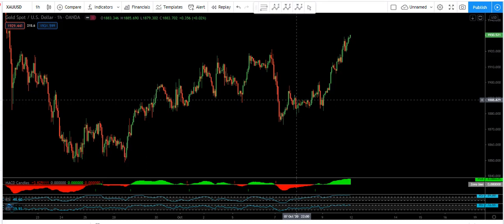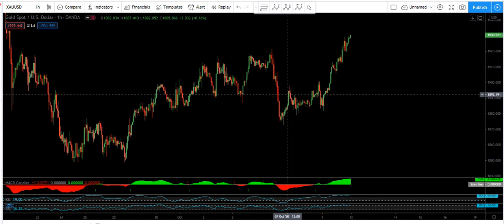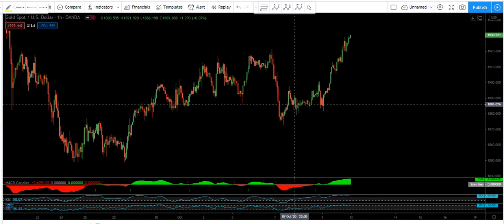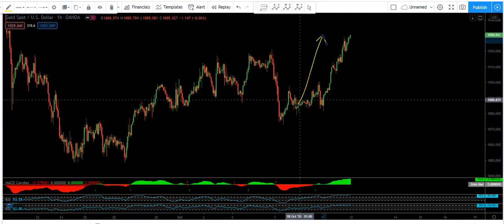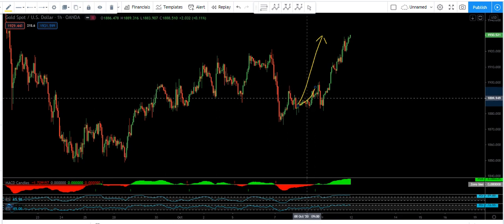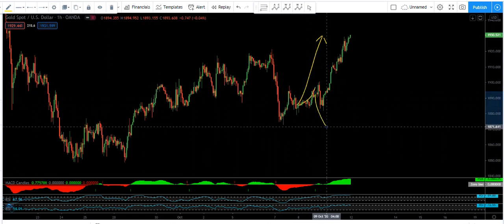Gold, now we are based on the 1 hour chart. We want to analyze the chart for the next week, but before that I want to refer to my last video. In my last video, when the price was here, we said there are two options. The first option, the price from here can move up. The other one, we should expect the price to drop